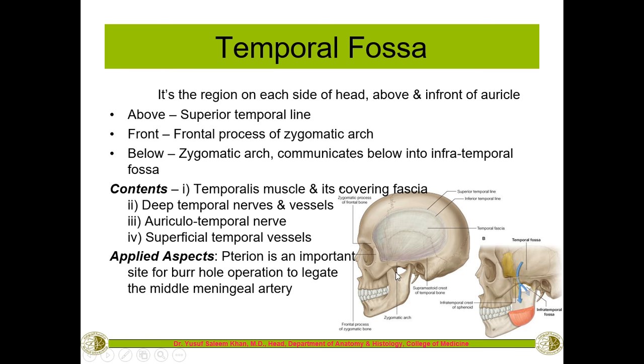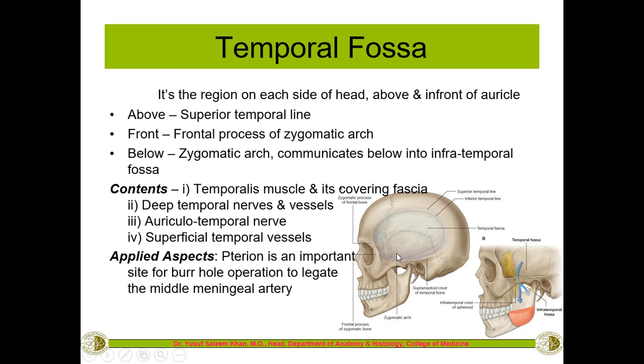Okay, so what are the boundaries of this temporal fossa? Superiorly we have the superior temporal lines. If you can see here on the skull outside, there are two lines. One is called the inferior temporal line, then one more is the superior temporal line. So it extends from the superior temporal line, and in the front it will extend up to the frontal process of the zygomatic bone. This is the zygomatic arch. So the frontal process of this one is in the front. Then below we have the zygomatic arch itself,